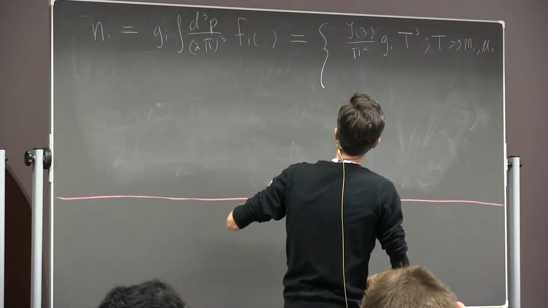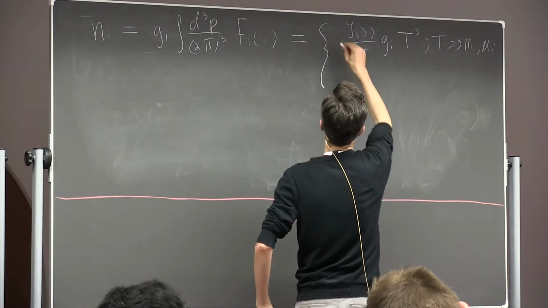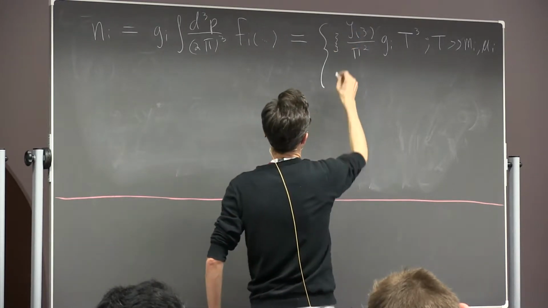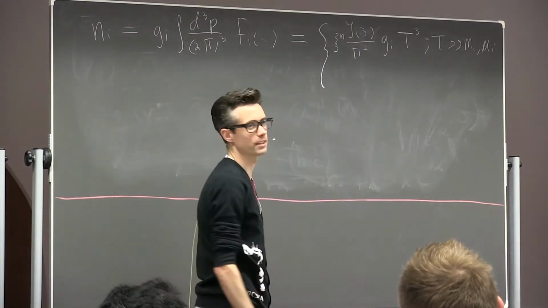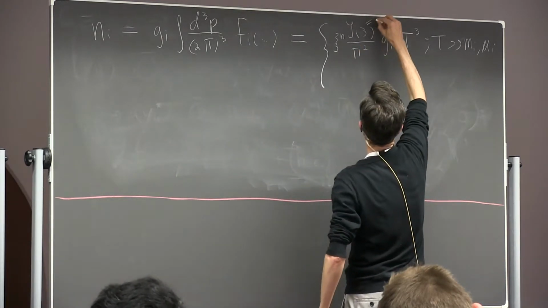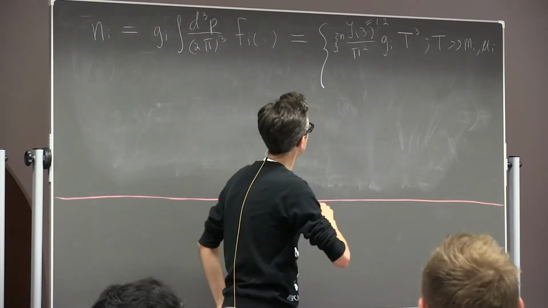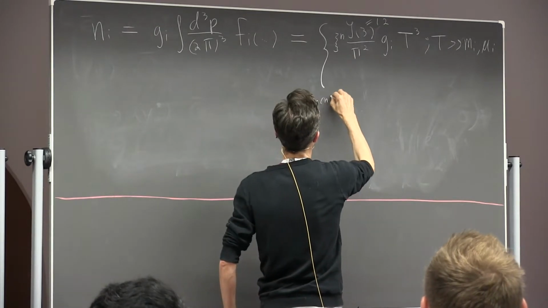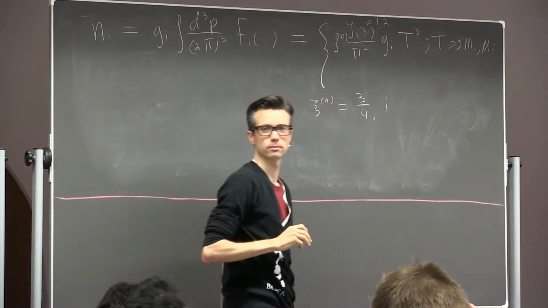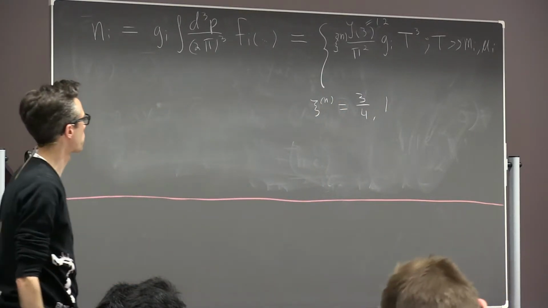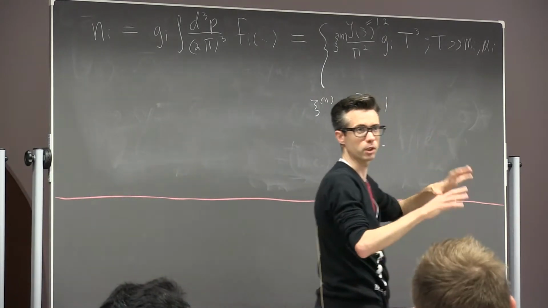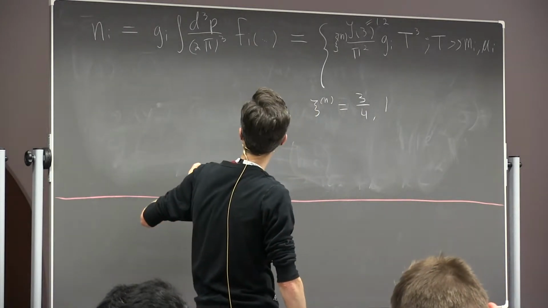Now, in the opposite limit, I forgot one thing. I call this psi in my notes, or I guess psi_n. Sorry, I have a psi and a zeta. They're different things, trust me. So this zeta(3) is just the Riemann zeta, about 1.2. And the psi_n is either 3/4 for fermions or 1 for bosons. Okay, it doesn't make a huge difference, but it's kind of an order one thing. The important thing here is just internal degrees of freedom times T cubed. That's your number density. Now, in the opposite limit,